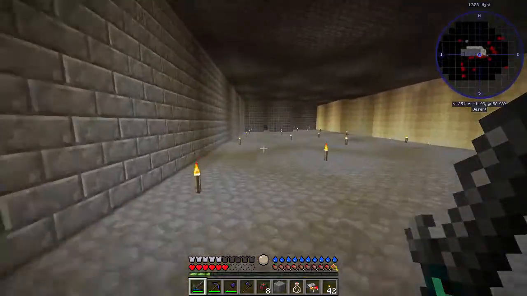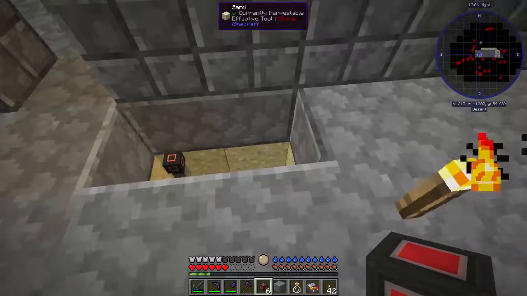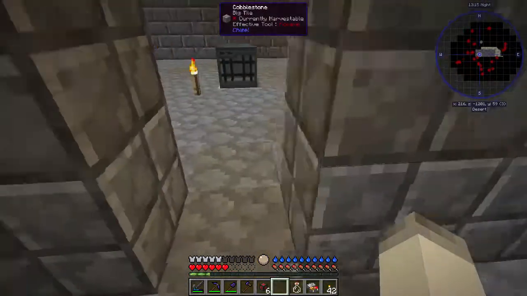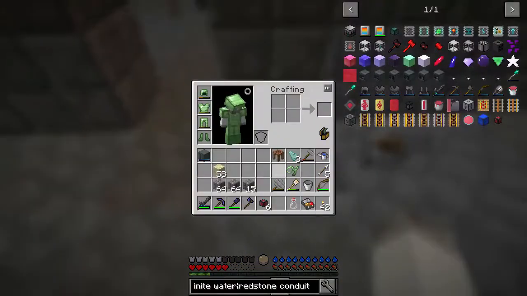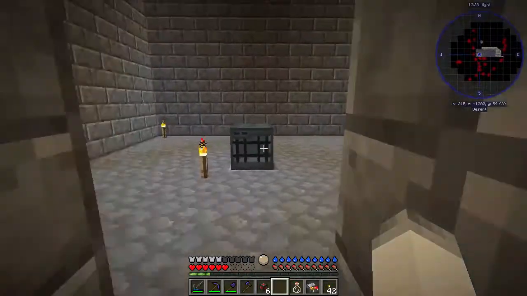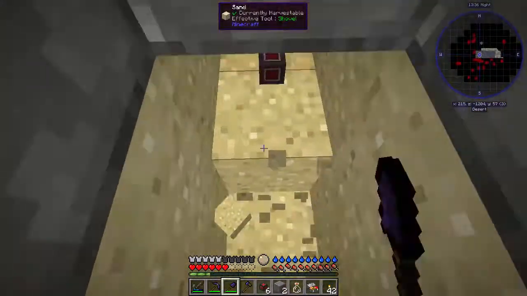Now, here's the thing with this spawner is we are going to have, luckily, we're going to have the issue of, well, not really an issue, but the catch is, let's have it active with signals. That way, if this doesn't work, I'll know. So that's going to give this power. And what we can do is we can go ahead and hit this. And it's not spawning. So that tells me it's not working. Which means that we need to...